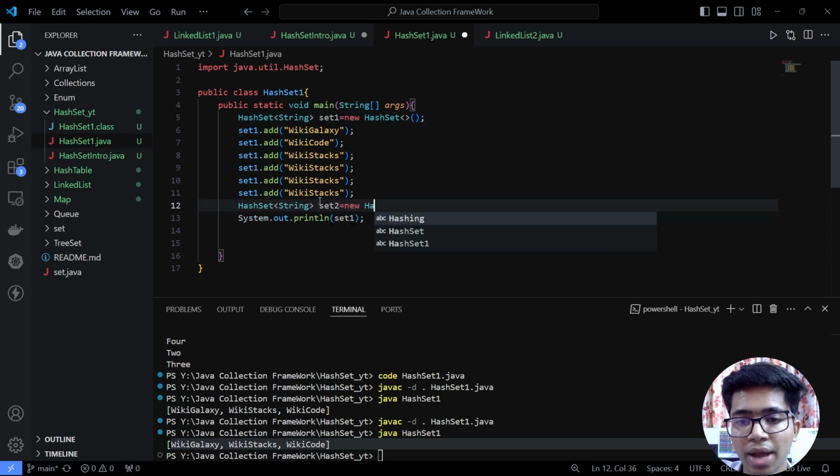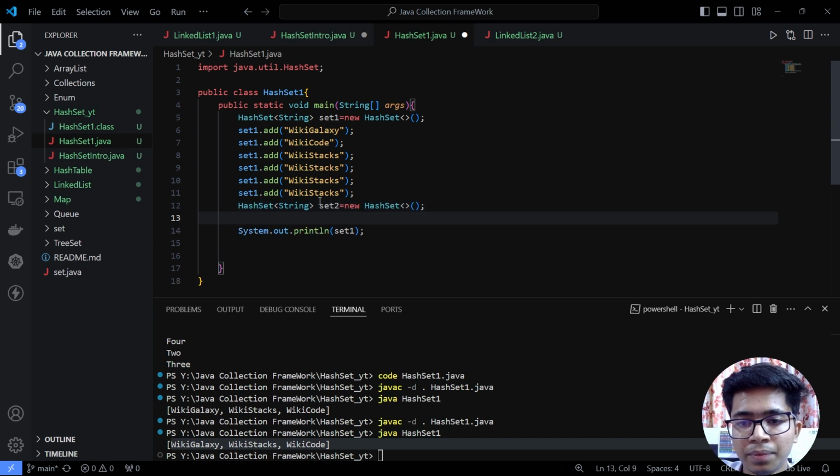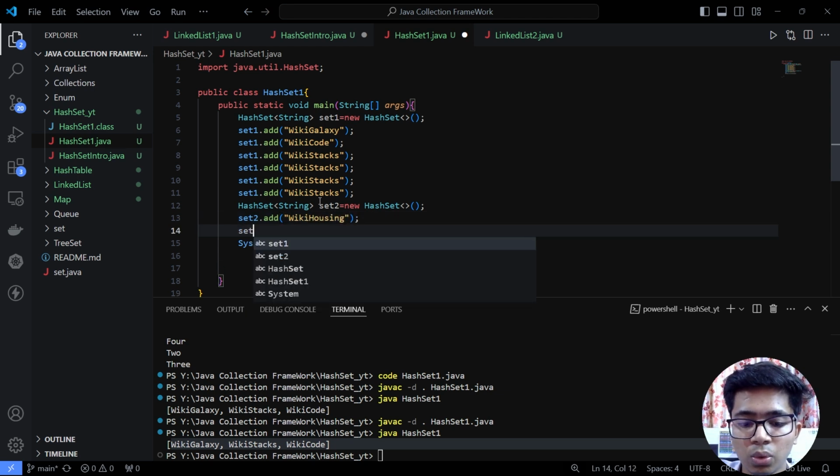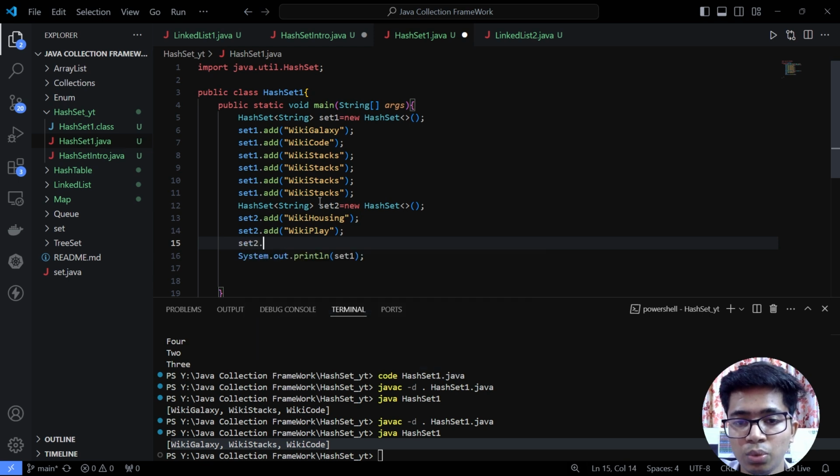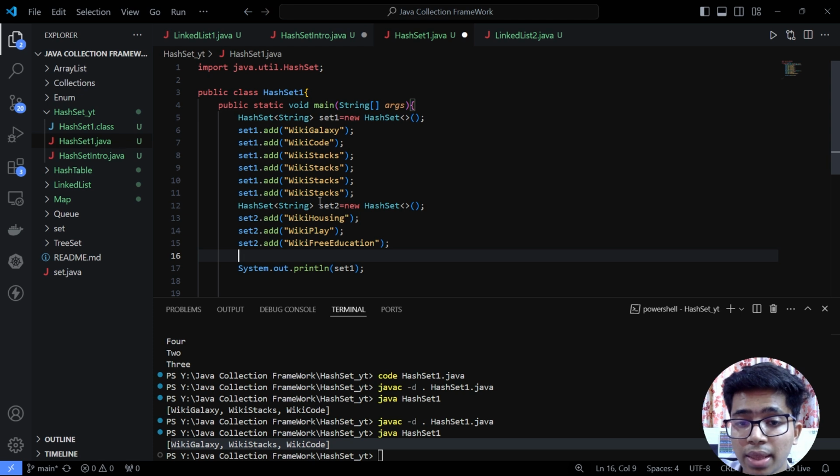set2 = new HashSet<>(); set2.add("WikiHousing"); set2.add("WikiPlay"); set2.add("WikiFreeEducation"); Okay, done. So this is set2. We created set2. Suppose we want to print and check set2. For that we can do System.out.println(set2);